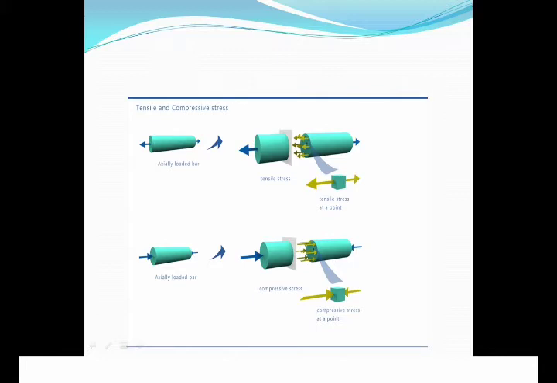Again, here we have seen the types of stresses, that is the tensile stress and the compressive stress, where we have seen the axially loaded bar. If the arrows are coming out, we say it is a tensile stress. When we say tensile stress, it gives a tension in the bar and stretches it. Similarly, when we say axially loaded bar with compressive load, it compresses. The figure shows a clear pictorial view of the tensile stress and the compressive stress, which we have seen in the previous lectures.